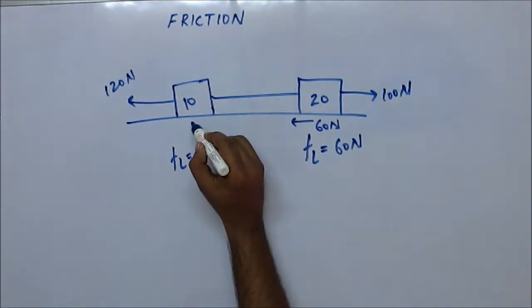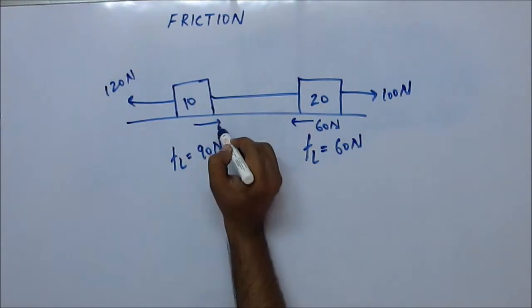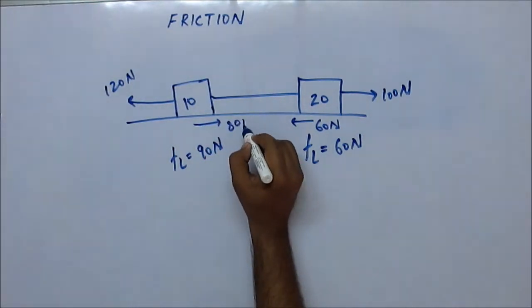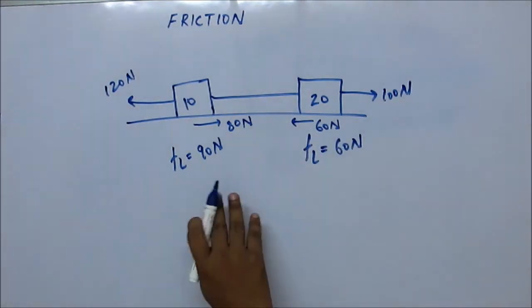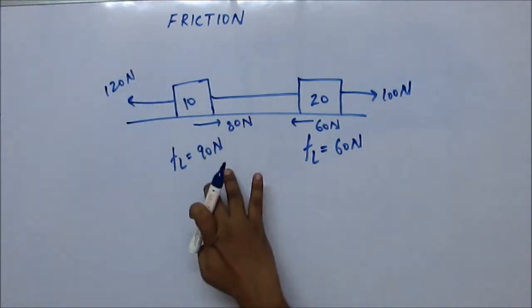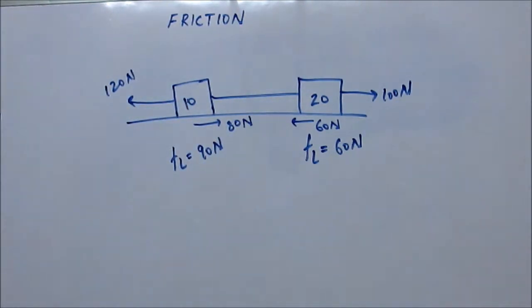Okay, and at this point it will be again opposite to the applied force, but this time the value will be 80 Newton. Let's see why and how. First of all, since the applied force is greater than the limiting friction,